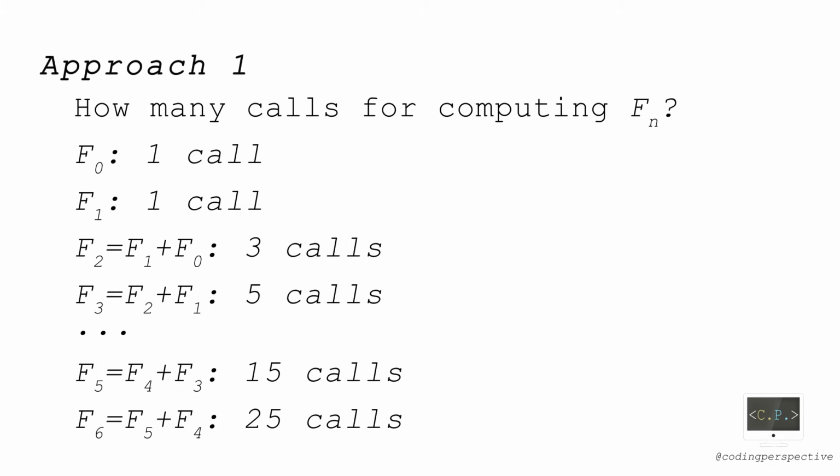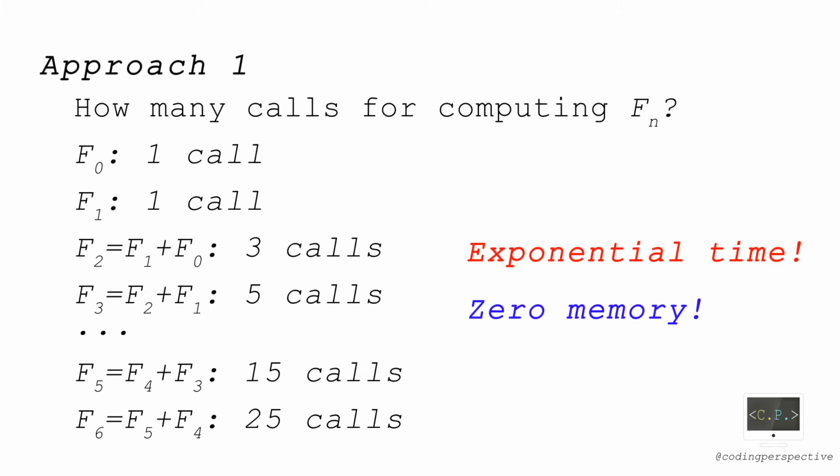Running the function by yourself, you can see that a large amount of calls will be needed as n increases. Actually, we can show that the number of calls increases exponentially as n increases, making this algorithm exponential time. The main disadvantage of the exponential time algorithms is that it becomes harder to compute for the larger instances. In our case, it is the larger n values. On the other hand, the good thing about this algorithm is that it does not need any memory as it does not store anything. Most of the time, there is a trade-off between the computation time and the memory.